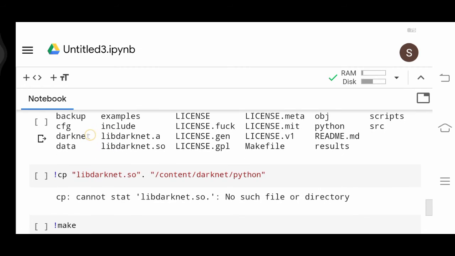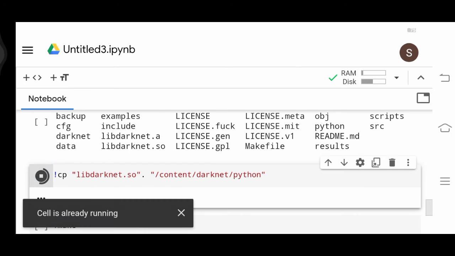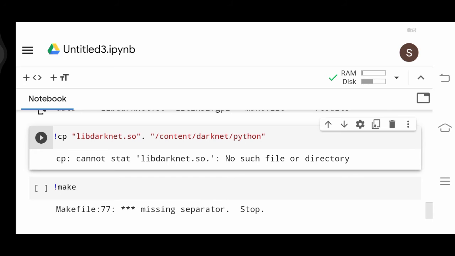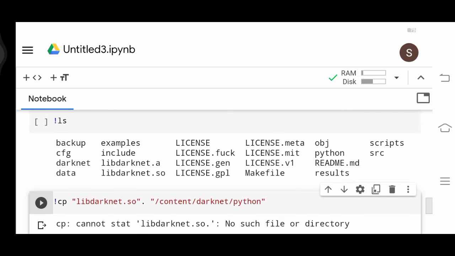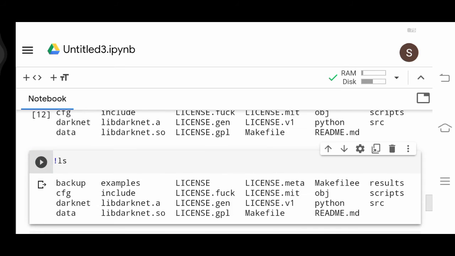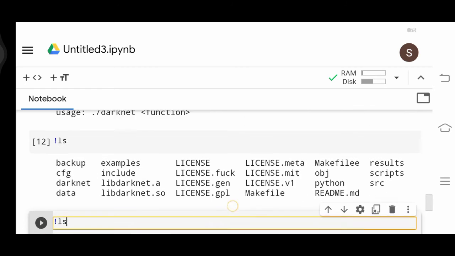So you have to use this command to copy it from here to there. When I just do it, it says there is no such file, because it could not detect it, but actually it is inside as a hidden file. If you compile on a local system, it will surely show up. You can use it for a Python wrapper. So this is how you have to correctly compile it.